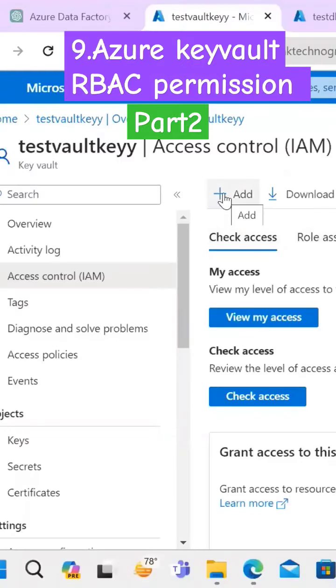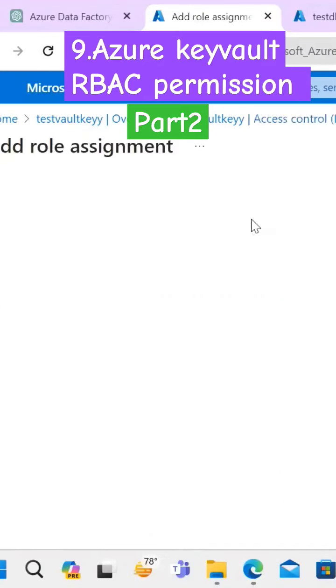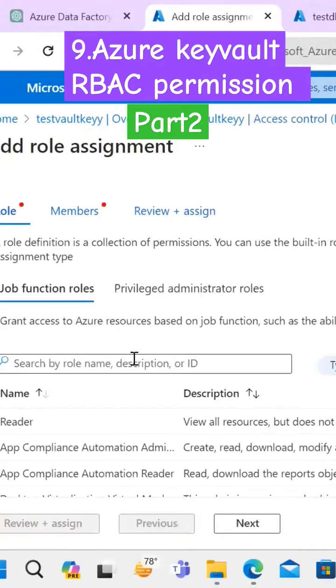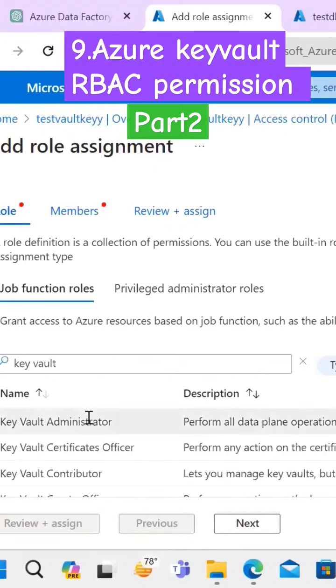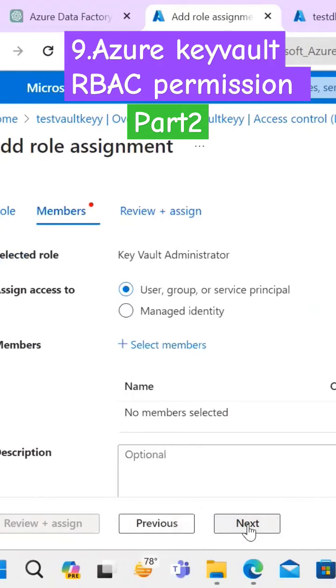In Key Vault, if you select the role-based access control, we need to give the permissions. Here we need to give one role. The role is Key Vault Administrator. For example, if you select the role-based access control, if you are trying to store any sensitive